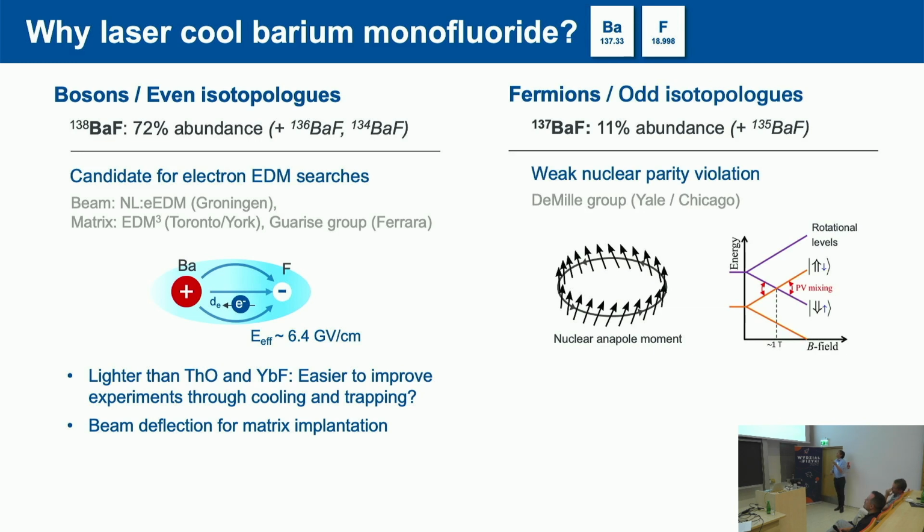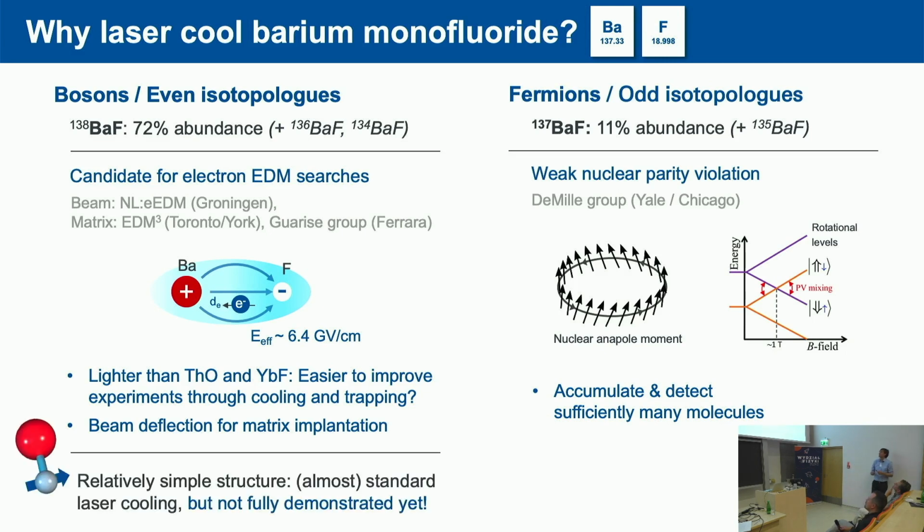On the other hand, for these odd isotopologues, the main application is parity violation. And here the idea is that molecules give you states of opposite parity that are closely spaced. And if you put this molecule in a magnetic field, you can even enhance your sensitivity further to things like anapole moments or generally weak effects in the nucleus, and learn something about it. And you see already the abundance is quite significantly lower than for the bosons. And so here the challenge is really first to accumulate molecules in the first place so that you can do